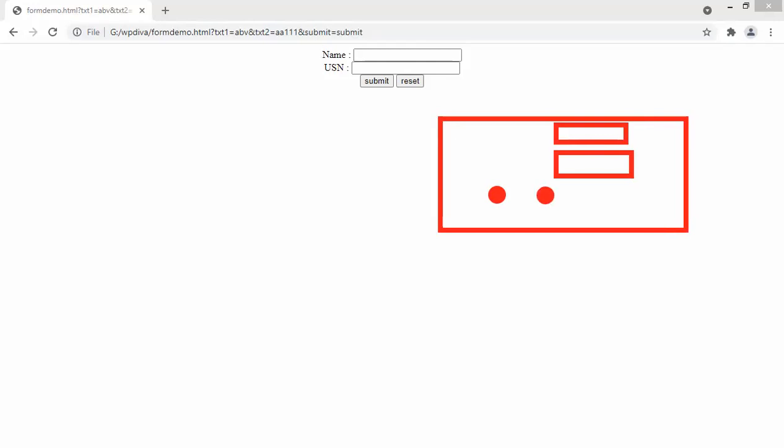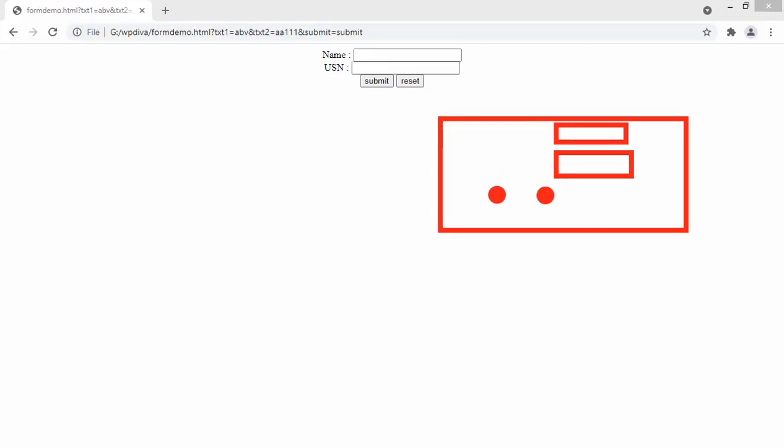So how do you write the code for this radio button? You have to take input type is equal to radio, name is equal to, for example, SEM. One thing I want to tell you, guys: when you are creating the name attribute, the name for both the buttons you have to take as the same. Why? Because you can click any one radio button. Here I will take both id and name attributes. I will take id is equal to BTN1. This is my radio button 1.